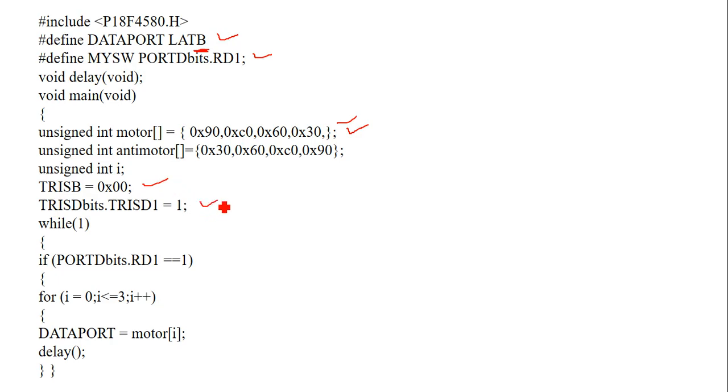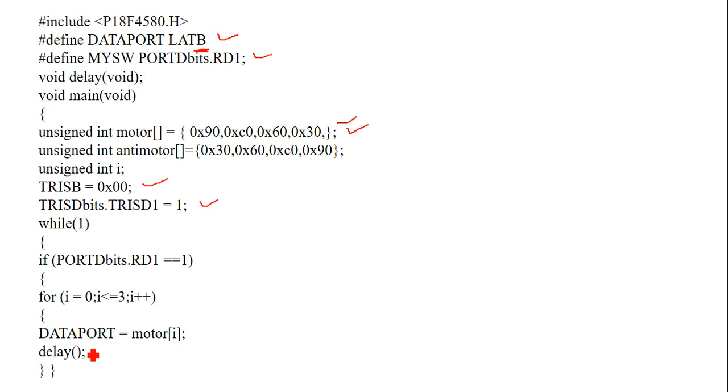This bit we are making an input because we have to rotate the motor in a clockwise or anti-clockwise direction. If the port bit, this switch, is 1, then rotate. How many counts are there? 0, 1, 2, 3.